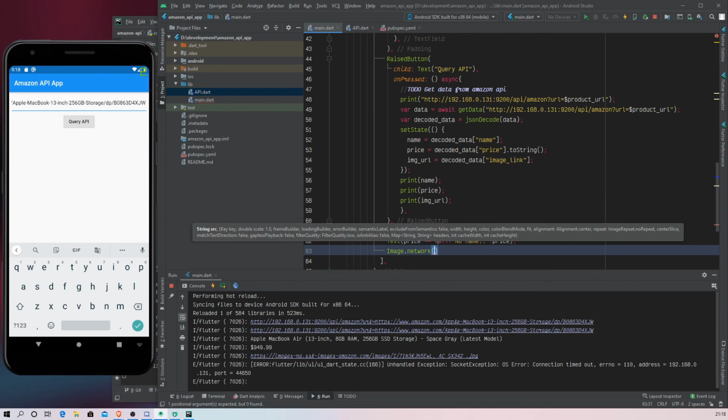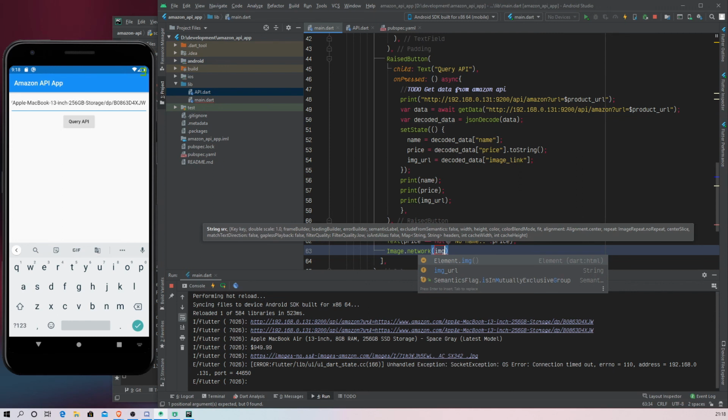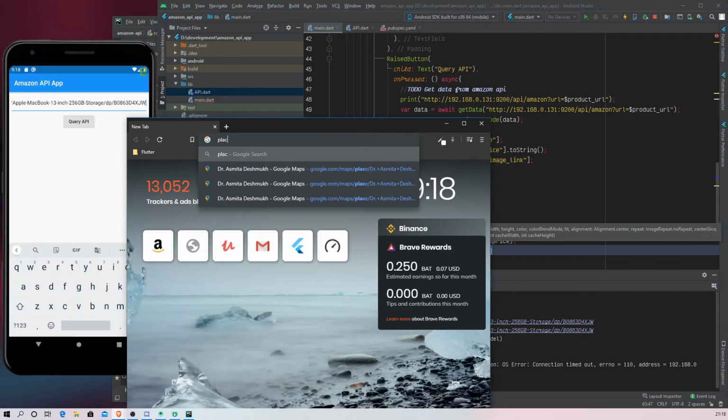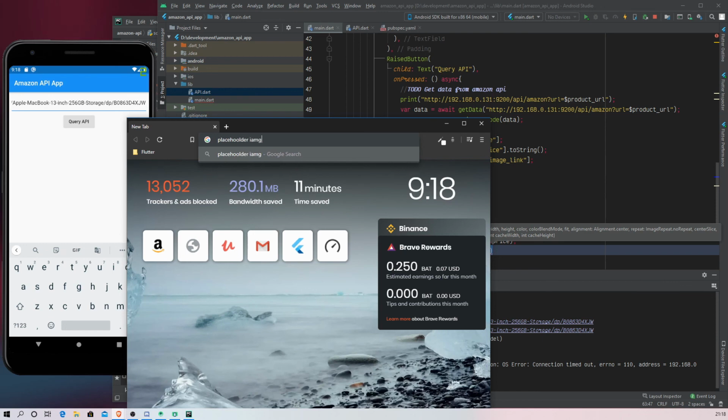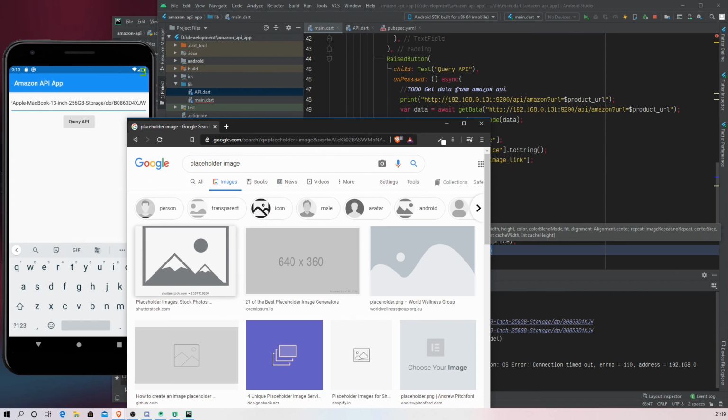If the image, which variable was that, img, if the image URL is null, then what should be your source? Let's see, placeholder image. Let's just take this one.